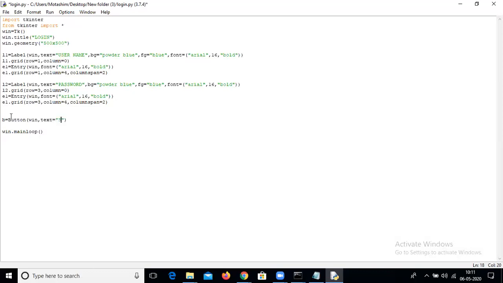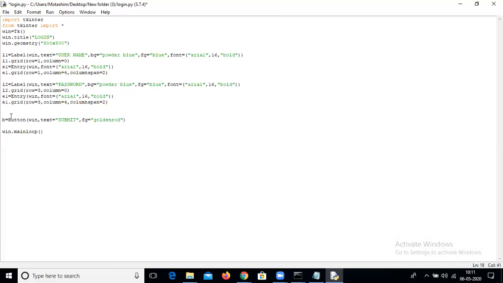Suppose I want to write submit. After that, foreground color, no, type small. Suppose I want its foreground color as gray. Not gray. Goldenrod. Goldenrod.